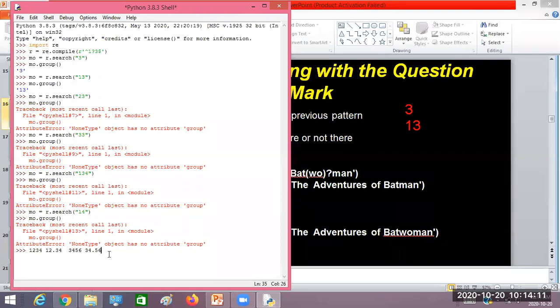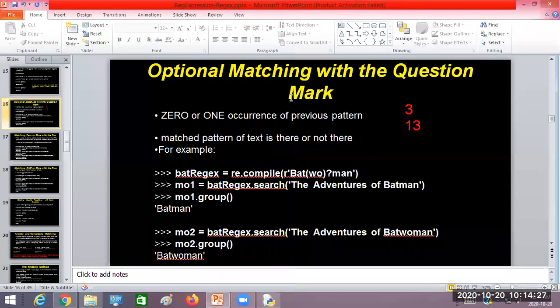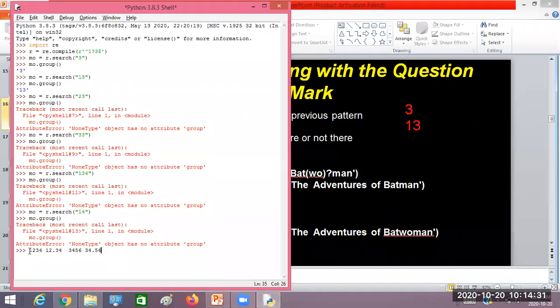See, the definition of the question mark is 0 or 1 occurrence. So that means in the integer number, the dot is occurring 0 times. In the floating point number, the dot is occurring 1 time, right?